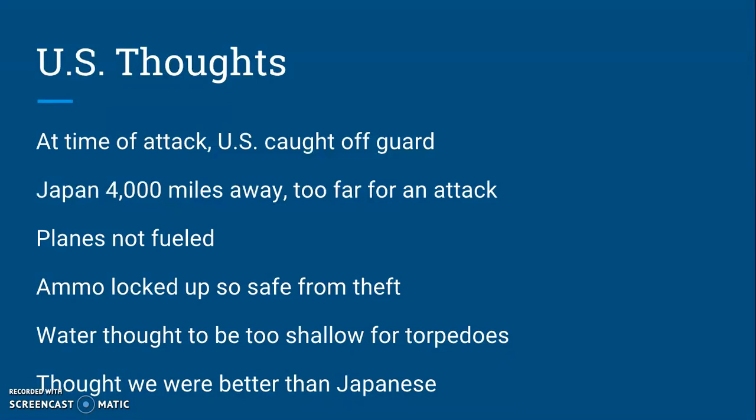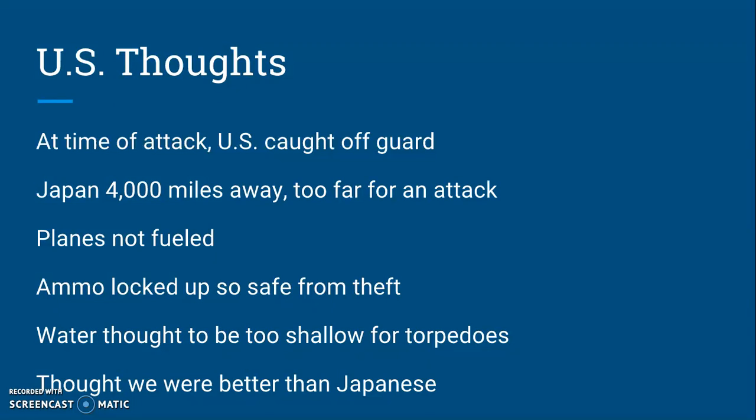Like we mentioned, they loaded the planes onto the aircraft carrier, cutting a 4,000-mile trip into about a 300-mile trip. So that was important and smart by the Japanese. Our planes at the base were not fueled, and we didn't anticipate needing them again early on a Sunday morning. And the ammunition for the planes and the machine guns on the ground were also locked up. So if an attack occurred, which it did, it would have taken us a longer time to set up and get a counterattack going.